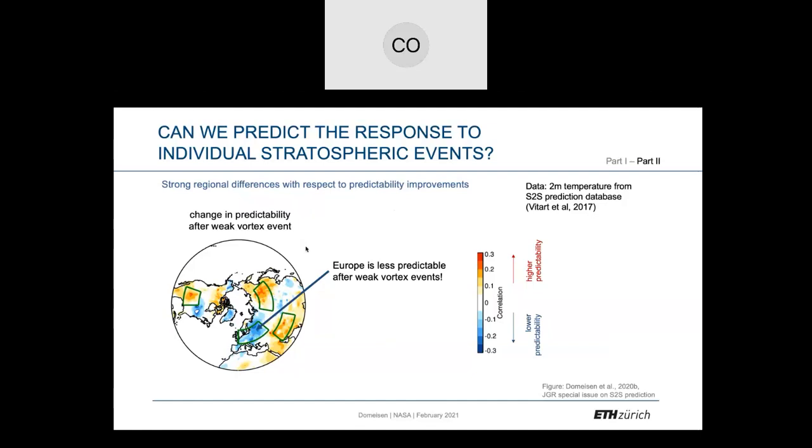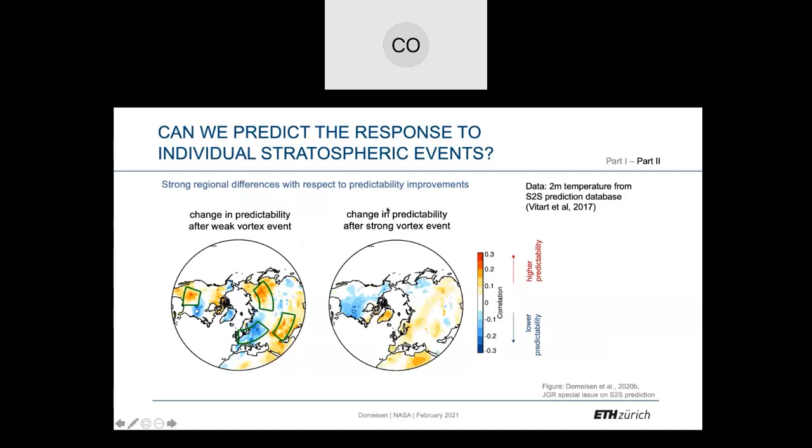So basically, we're probably able to forecast a large-scale pattern, more or less the NAO. We're basically not able to predict what happens to 2-meter temperature, which this is in this case. We're doing slightly better, at least for Europe, if you look at predictability after strong vortex events, where predictability is slightly higher in general. But this is certainly an open question. Why is this predictability really not significantly increased? We would have hoped to see a clear signal, much better predictability. We'll basically just scratch the surface of this problem of why we can't really predict it.